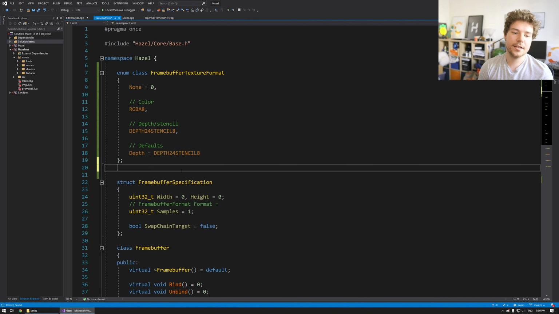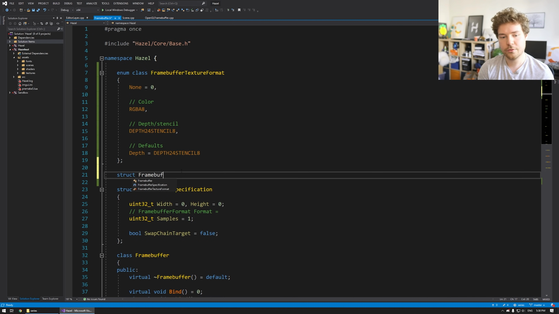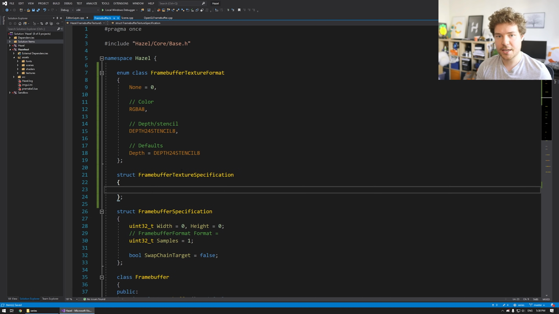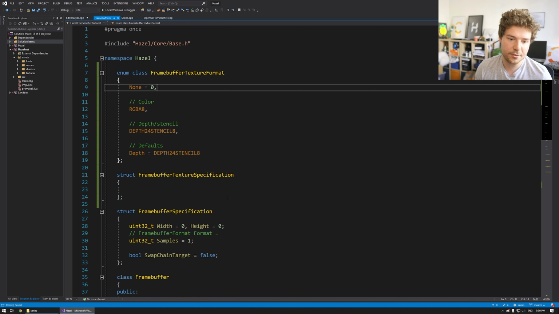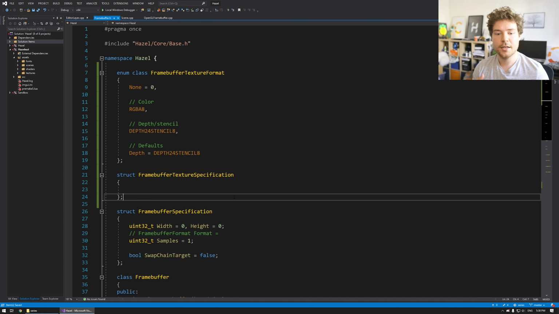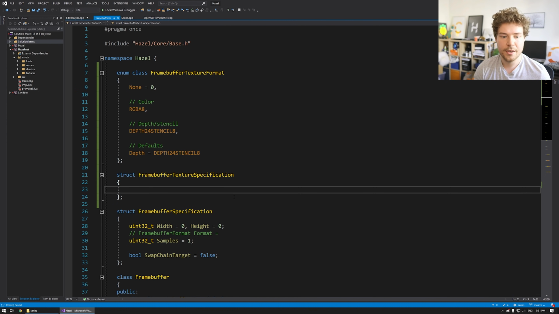Okay, so now the next thing is we create a struct called framebuffer texture specification, right? And this is the thing that actually contains the specification for a texture. So these are just the formats, right? This is the actual physical specification of a texture. So the format, the wrap, and the filtering, right? So